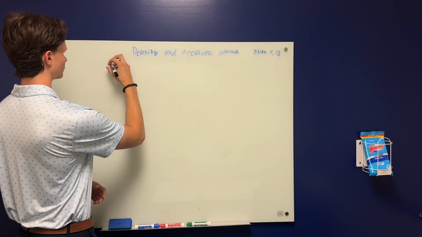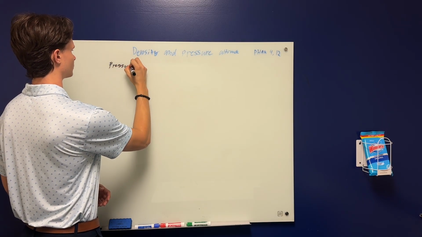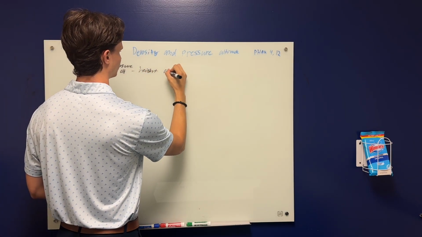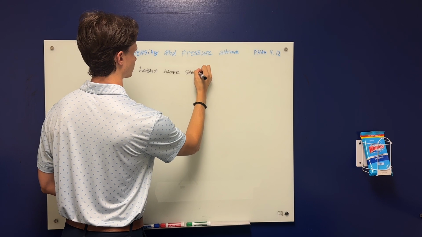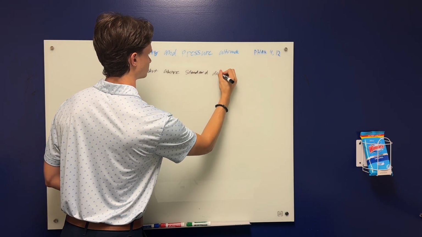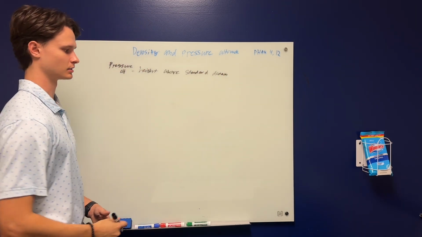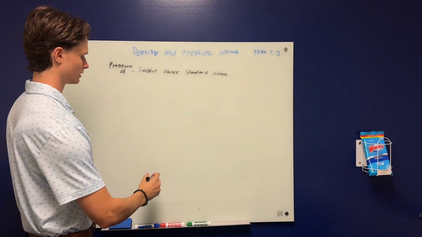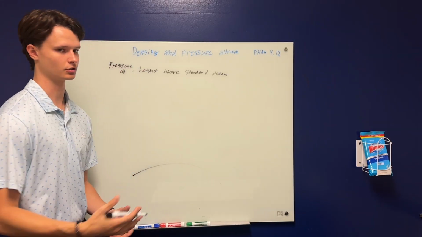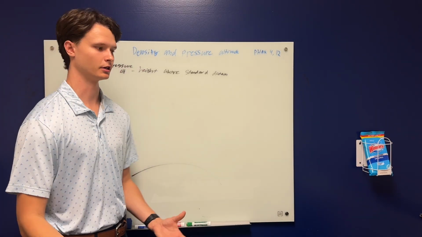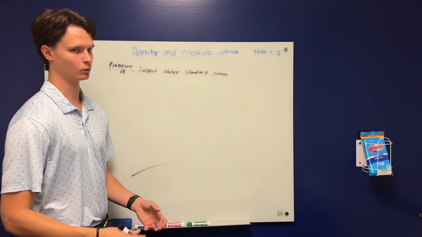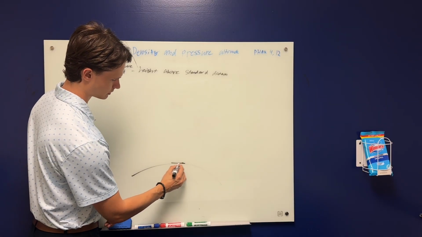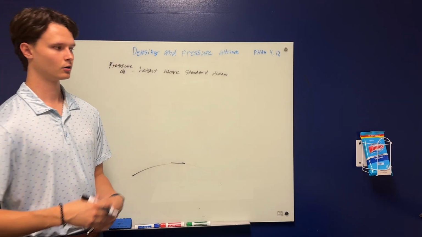Pressure altitude is defined as the height above the standard datum. So what that means is that we have what's called the International Standard Atmosphere, or the ISA. That's just a very generalized representation of what the atmosphere looks like in perfect conditions. The standard datum is going to be what 0 feet of altitude is in those perfect conditions. So that'd be something like right here. That'd be our standard datum, or